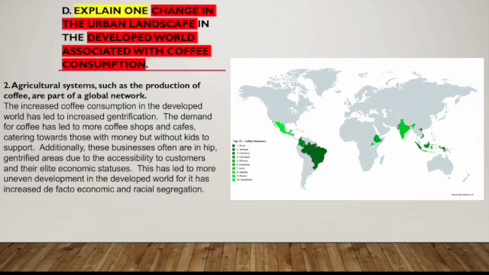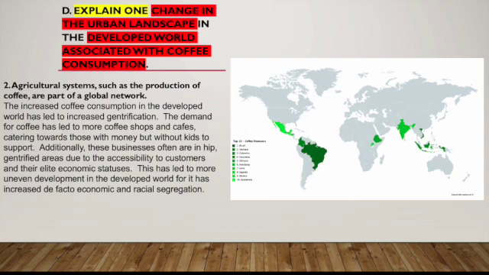Our last one for this stimulus FRQ here, we have D. Explain one change in the urban landscape in the developed world associated with coffee consumption. So a sample answer for this could be the increased coffee consumption in the developed world has led to increased gentrification. The demand for coffee has led to more coffee shops and cafes catering towards those with money but without kids